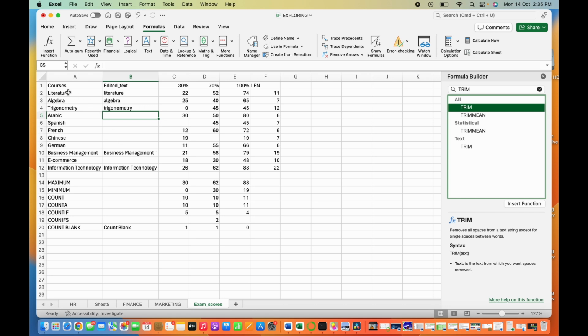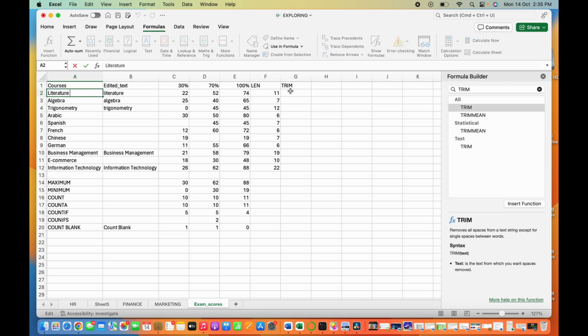Okay, so if you would remember, when we came to literature, I placed a space after the E. At the end of literature, there was a space. So let's try to trim it. And then after that, we'll try to look at the length of the trimmed value. Okay, so to trim it, let me create a new column called trim. Come to literature, called trim. Come to cell G2, equal to